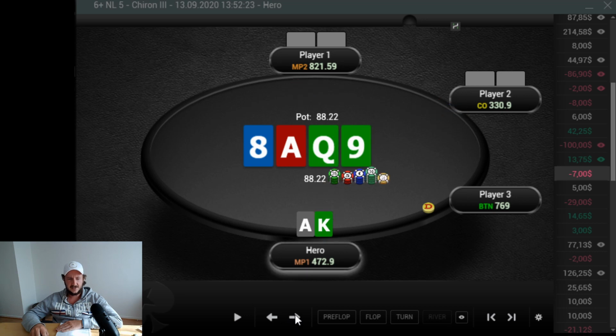And there's the 9 coming. Nah, that's an ugly card. Jack 10 coming in. I would check this. Yeah, he's doing 2. And he's betting 90. Jesus. I mean, in my opinion, I would fold this now because he might have a 10-9 where he goes crazy or something. I mean,